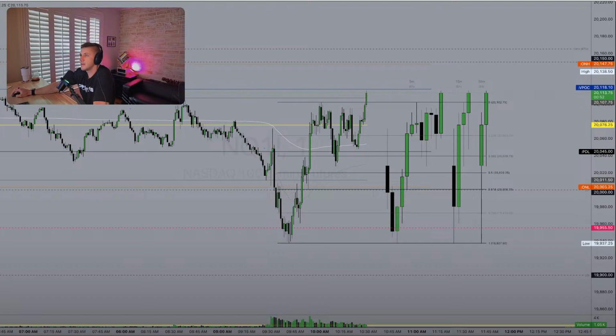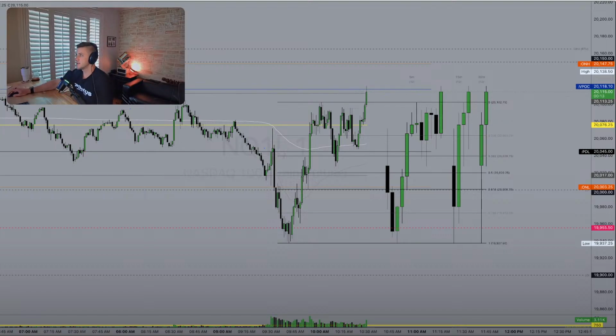There's your new high of day. There we go. Into prior day volume point of control. So let's see. Overnight high just overhead.